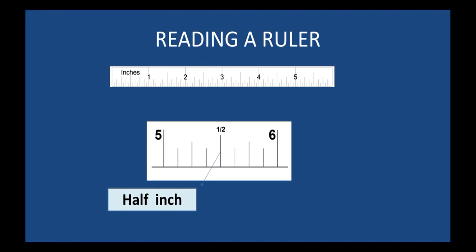Now that we know that in the inches ruler, the longest lines or the longest ticks represent inch. Now what about this line that is there exactly in the center, exactly in the middle? If you see it carefully, it is longer as compared to the other lines. However, it is a little shorter as compared to the lines that represent inch. So this line in the center is called the half inch. It divides 1 inch exactly into two halves. So it is also known as 1/2 inch, that is half inch.